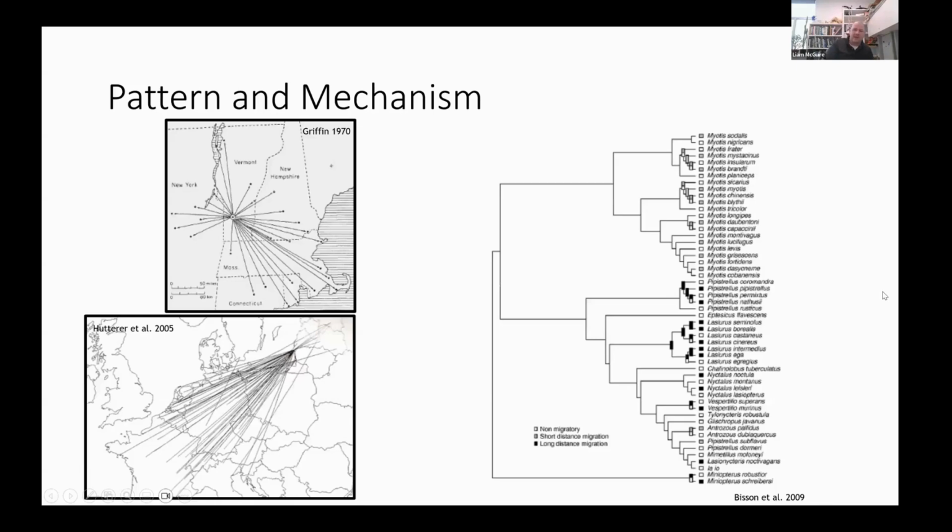What has been done mostly with studying migrating bats is looking at general patterns of migration and trying to categorize, figure out who migrates, who doesn't, are there different types of migration. So we might generally lump bats into two groups of migratory strategies. One would be our regional migrants, so something like our little brown bats, Myotis lucifugus, up here in the top,